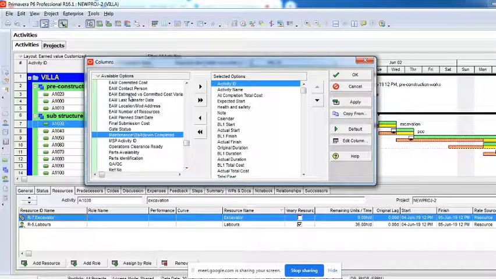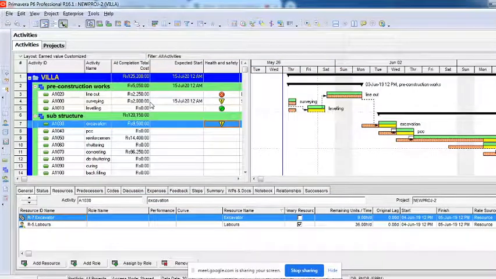There is nothing called material here. So you cannot assign it here because you have created it for the activity resource assignment page. This is the activity, and this is the resource assignment page, here in this detail window.